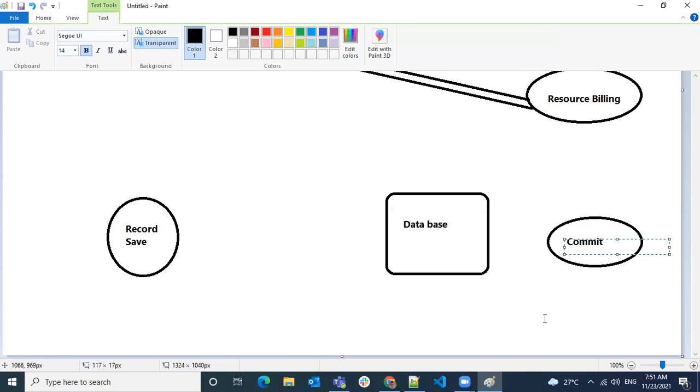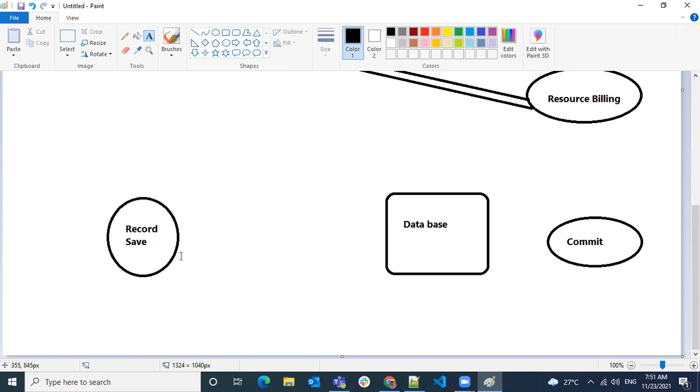But if there is any failure in your logics or in your automations, whatever was saved to the database will be rolled back. That means the changes will not be committed to the database. Even though it's saved, it will be rolled back automatically.